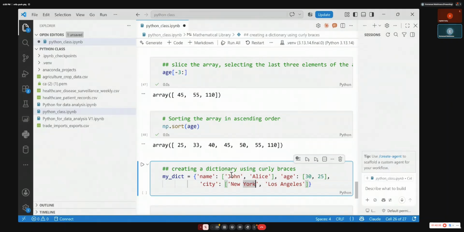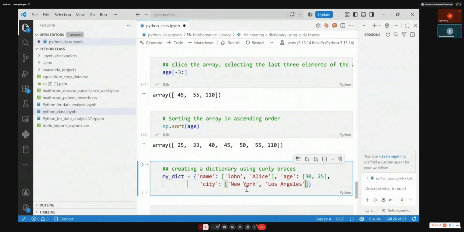If they have no other city, it will be a missing value. If I don't have this, John will have New York, and Arisa will have missing values. But the way it is right now, if you don't have the city for the last person, it will have a missing value. If you convert it into a table, for us to compute average, minimum, sorting, and so on, that one will be a missing value. Just leave it the way it is.